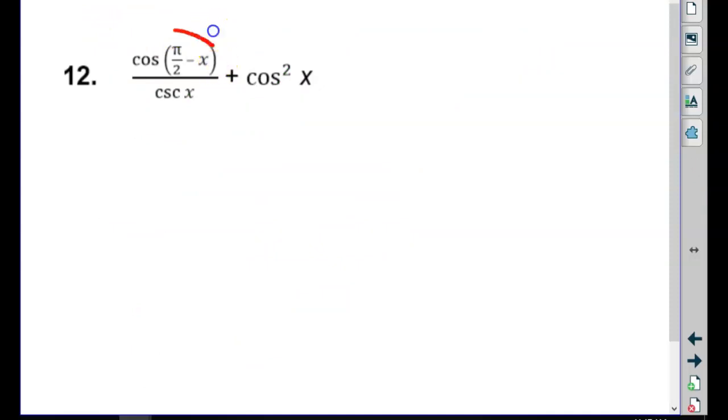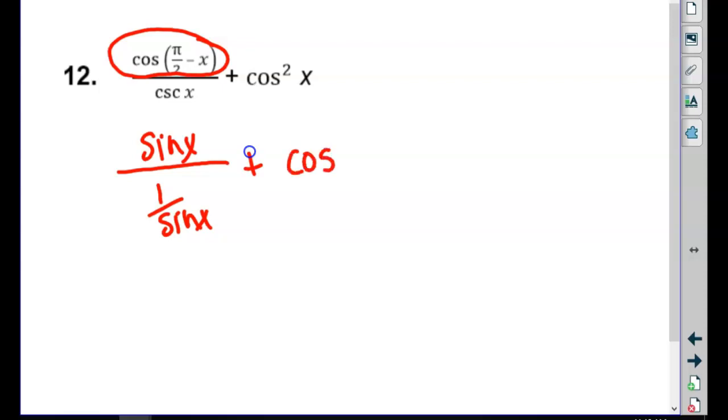I don't know if you have homework like this one, but can anybody figure out what the trade is for that just basically by looking at the reference sheet? Yeah, that's just a sine of x. Oh, divided by a, what is a cosecant? 1 over sine of x